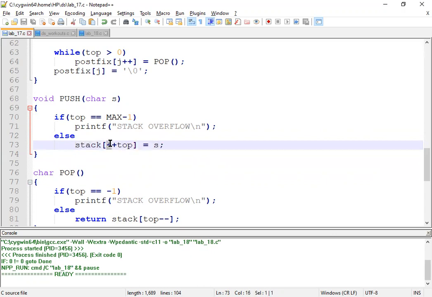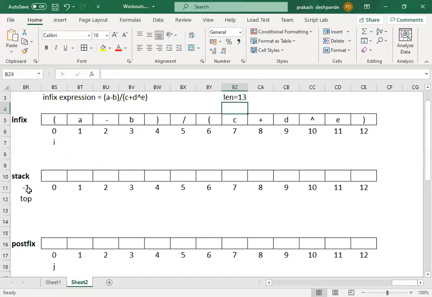If you look here, ++top is pre-incrementation. Pre-incrementation means first the operand will be incremented. The previous value of top was -1, now top will get incremented, that means now top will point to 0. -1 plus 1 means it will become 0.